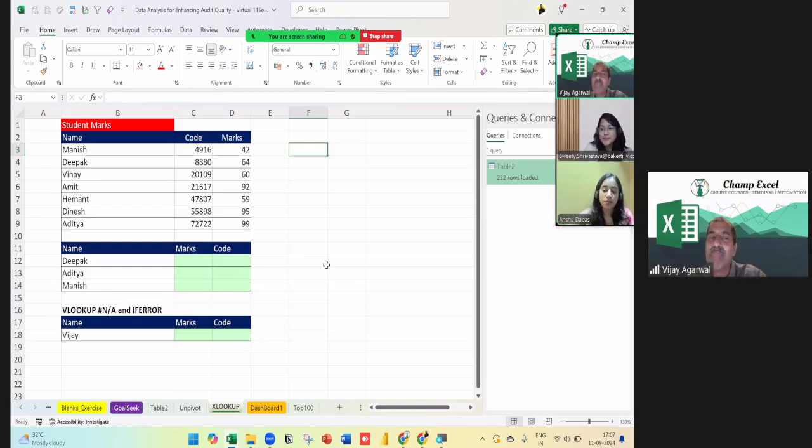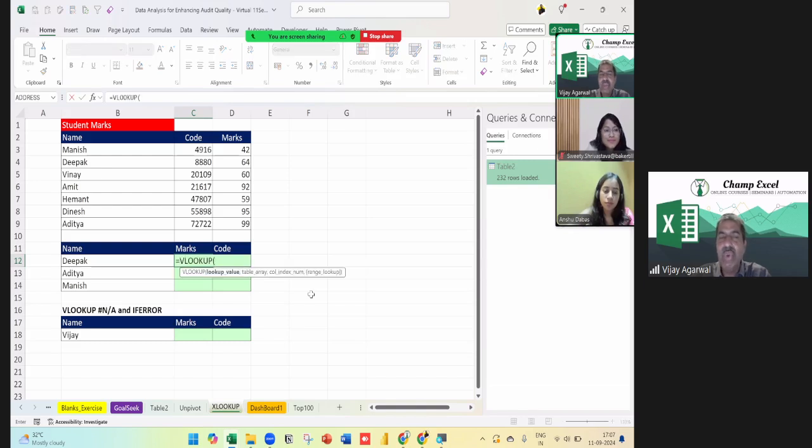What is the issue with the column? Are you aware of the column issue? Here, suppose I want to find the marks of Deepak. In case I'm going to use VLOOKUP, this is the lookup value. I need to give the full table. This is my table array. Okay, full table I need to give. And here I need to fix it also, otherwise the reference will change, so I need to put the dollar also. Then here, for getting the marks, which column number should I give?